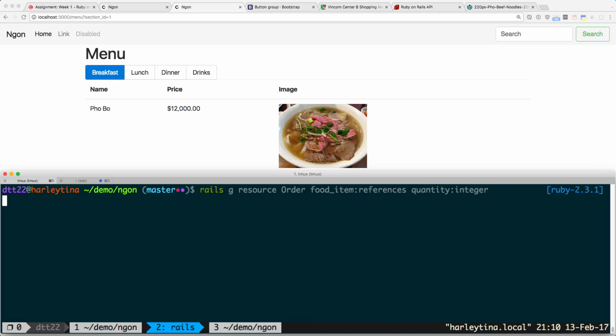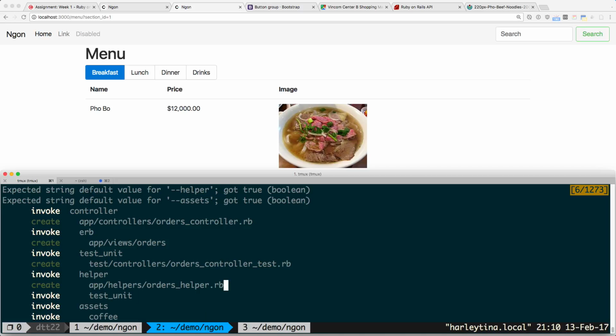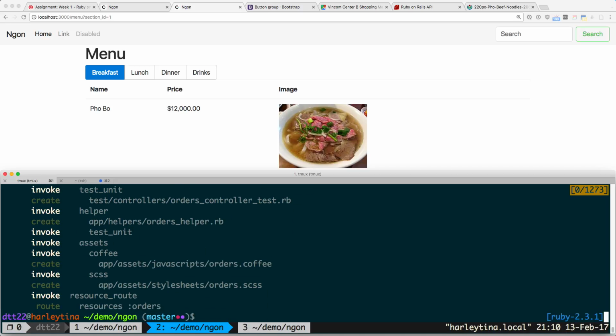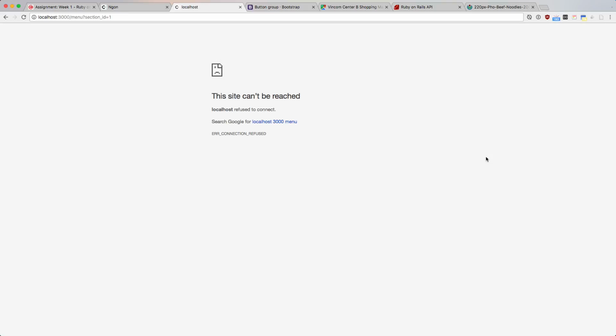I have an order. Let's see what it generates. Not scaffold, right? It generates controller, just helper, and resources here. Usually resources is good. So I double check this file. Okay, good. It checked that I already have this line, so it didn't include it. That's good. Now save, run